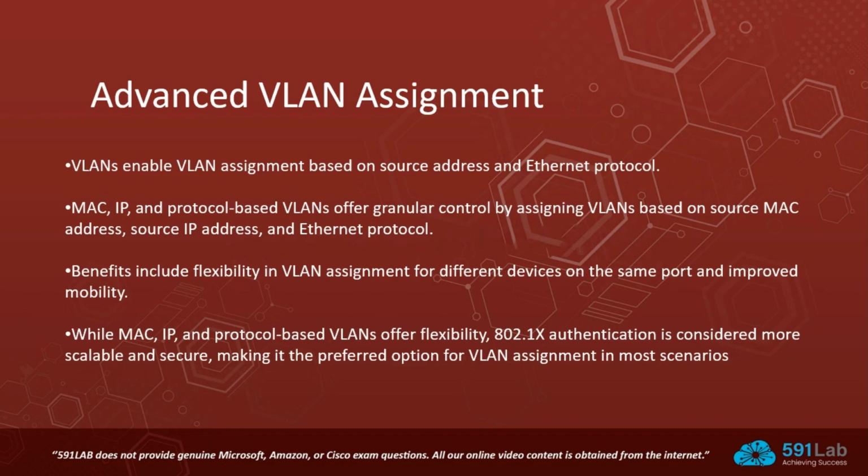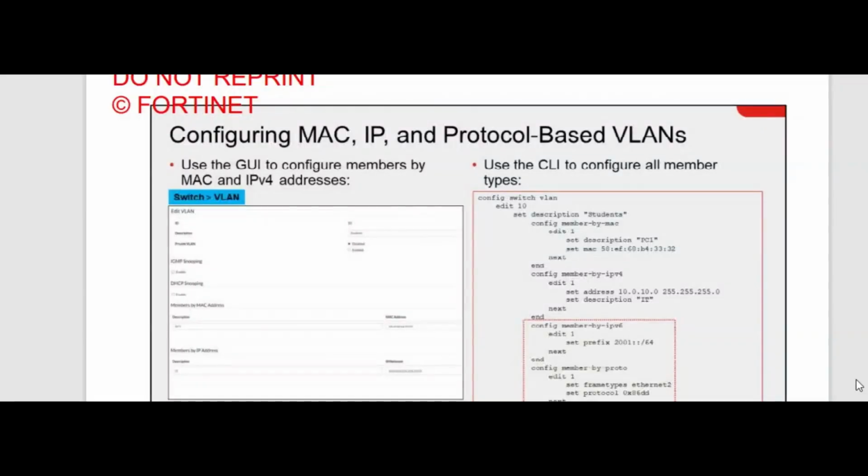Then FortiSwitch overrides the VLAN settings on the port with the VLAN assigned to the end devices. Let's see the benefits of MAC, IP and protocol-based VLANs. One is that you can place different devices behind the same switch port in different VLANs. Another is mobility because end devices can be assigned to the same VLAN regardless of the switch port they are connected to. Another main benefit is MAC, IP and protocol-based VLANs can also be obtained with